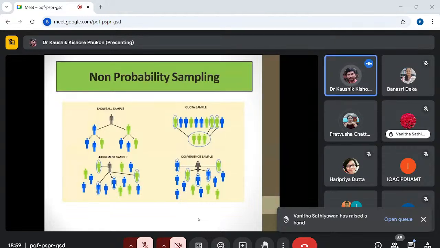No. It will depend on your research objectives. In some research objectives, a 95% confidence level will serve your purpose. In some research objectives, it must be 99%. In some research objectives, it is 90%. So it will depend on the research objectives, on what confidence level the research needs. Definitely, there will be a difference in sample size.